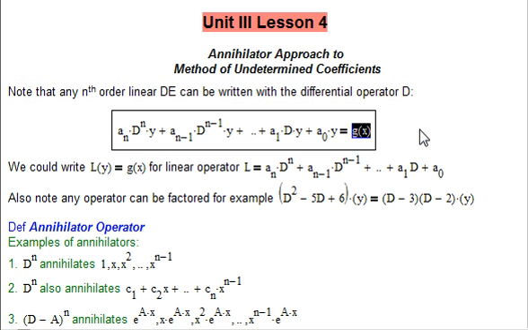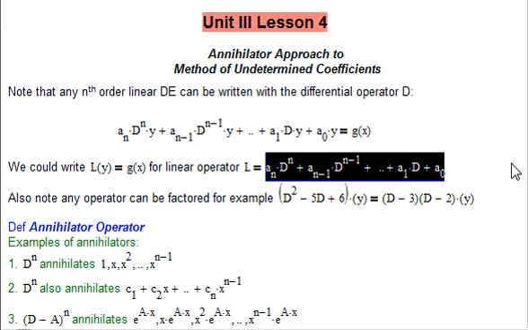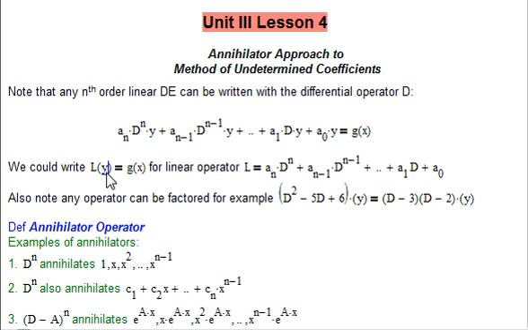And it's not homogeneous, you notice. But that means nth derivative applied to y. This is n minus first derivative applied to y. And if you look at this thing in a certain way, and we make L this linear differential operator, all this applied to y, then we can write the whole thing as linear operation applied to y equals g of x. And also note that any of these operators like this can be factored